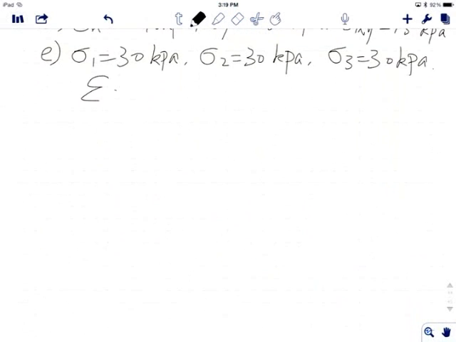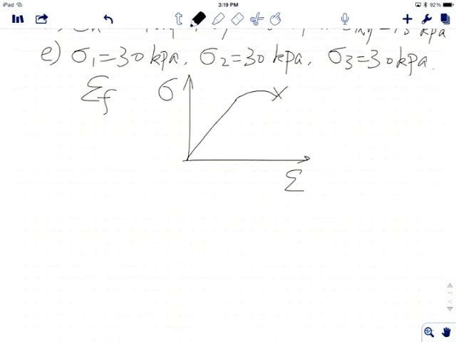Okay, so first of all, like Diego asked, I'm going to explain that for him. Epsilon F is failure strain. So when you have a material, you load it up. This is what typically happens. Stress-strain relationship, right? You have a linear stage, and then a non-linear stage happening at yield, and then you have maximum stress, and then failure happens, broken into 2 pieces, right? The strain at failure is called epsilon F. F stands for failure.